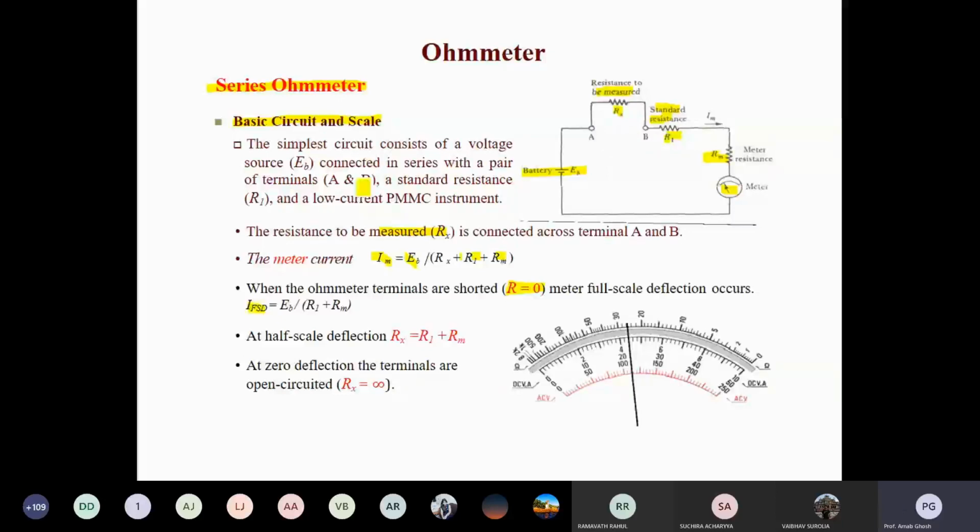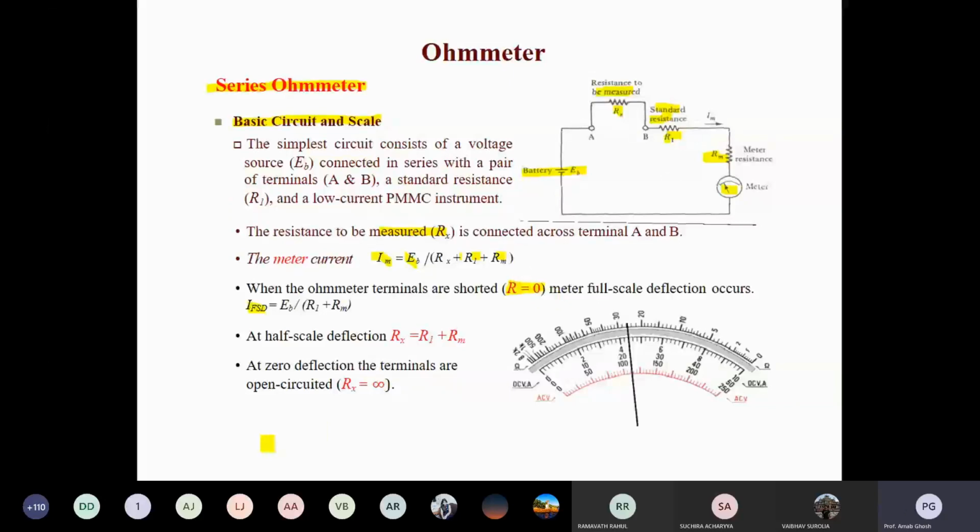Then you can go for the second configuration, the second test. You open the short and connect the unknown resistance Rx. Initially you need to know the full scale deflection of that ammeter, otherwise you cannot tell if it is beyond the range. If the full scale deflection is beyond the range of this ammeter, you have to replace the ammeter. That's the basic motivation for the first case, Rx equals 0.